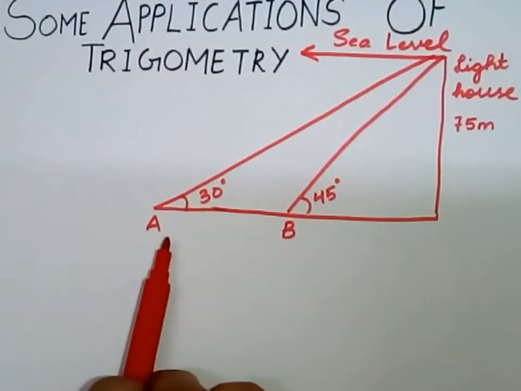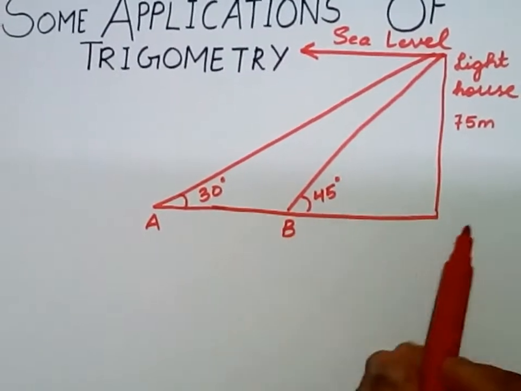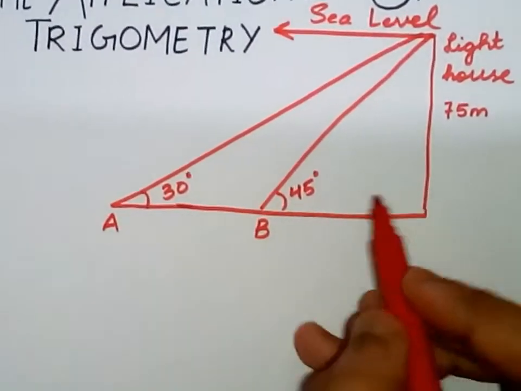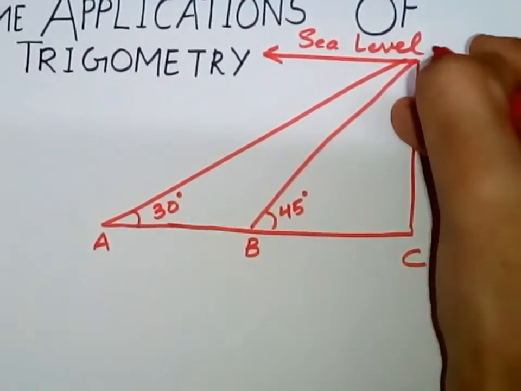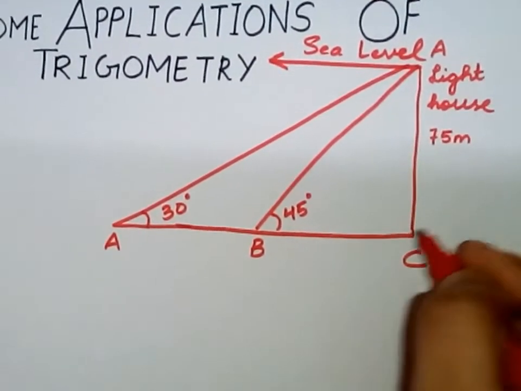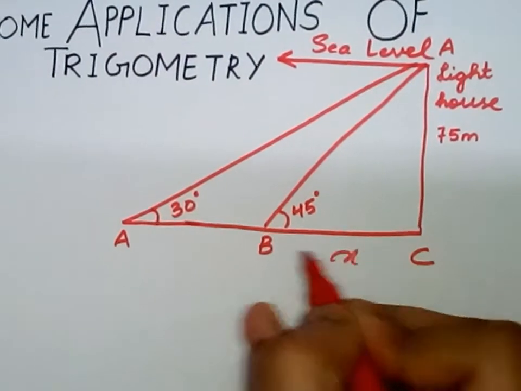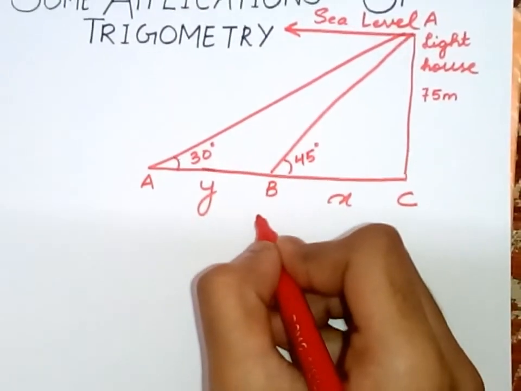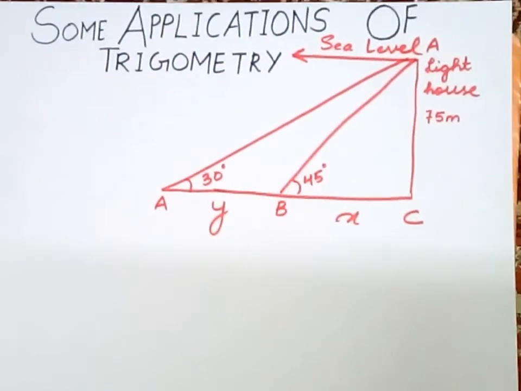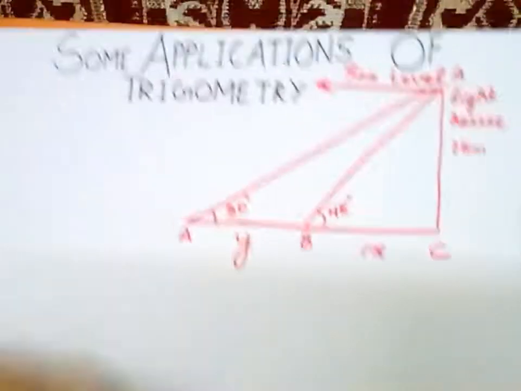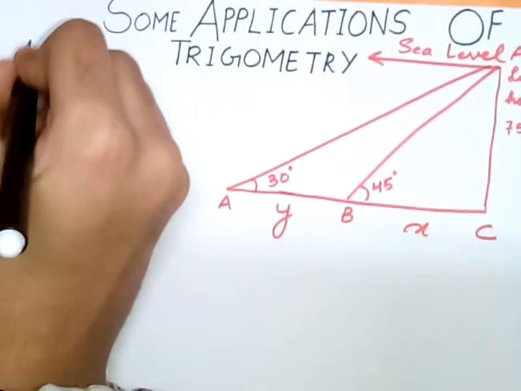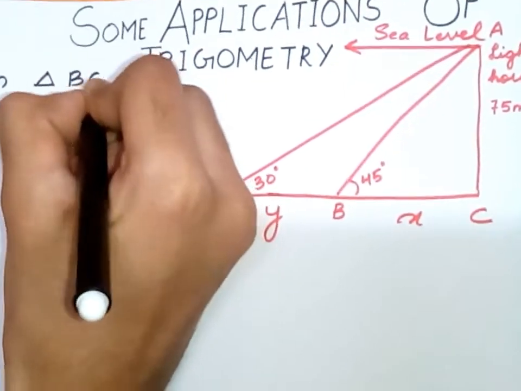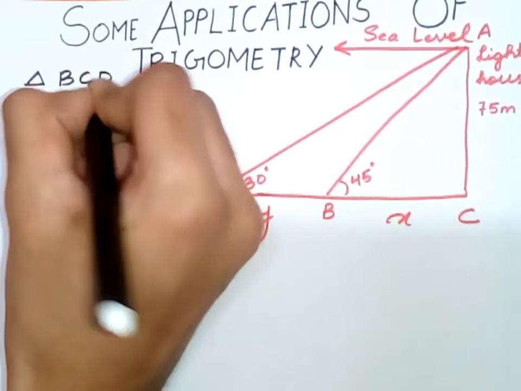If one ship is exactly behind the other on the same side of the lighthouse, find the distance between the two ships. So, let BC be X and AB be Y. In triangle BCD,